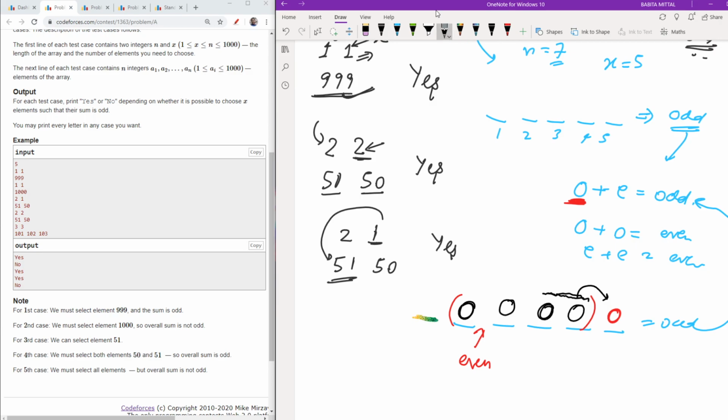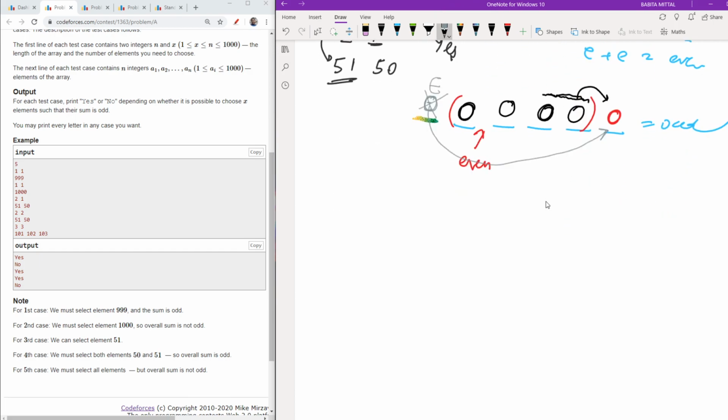see, if you wanted your answer to be yes, then you need to place an even here, because if you place an odd here, it will pair up with the first one, which is the odd here, and it will finally become even, and I only wanted odd, so I have to place an even here. So from here I can get my whole intuition.